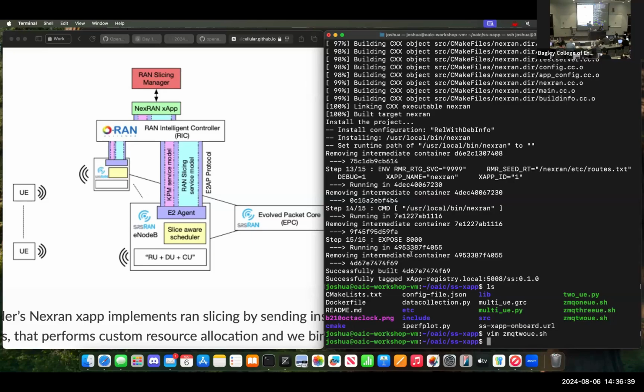So as you can see here, my Docker container successfully built. Before we move on, I'll just quickly check if everybody is here with me and hasn't encountered any blockers. We can certainly address those before we move on. After a couple more steps, we're actually going to be into the section of the demonstration where we'll be running, managing windows. This will move very quickly, because once we onboard the xApp, it's automated. It's going to do its thing. So I have to show you very quickly, right, the process. So I want to make sure everybody's